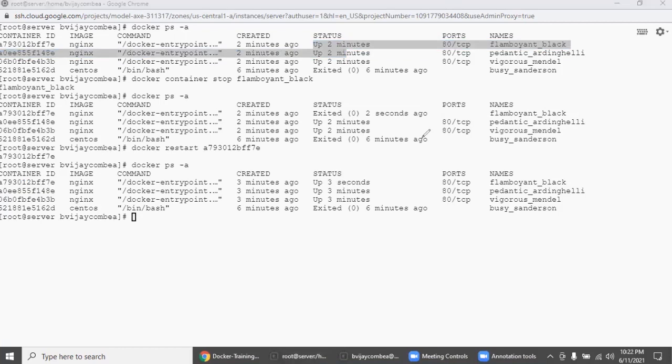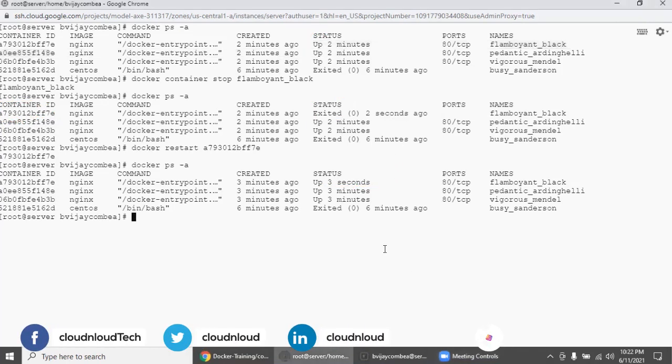Then only you know what exactly is happening. It was up, we manually stopped it, and using the docker restart command, we started this container. Now see here, the status is up. This is how you need to practice and study, correct?